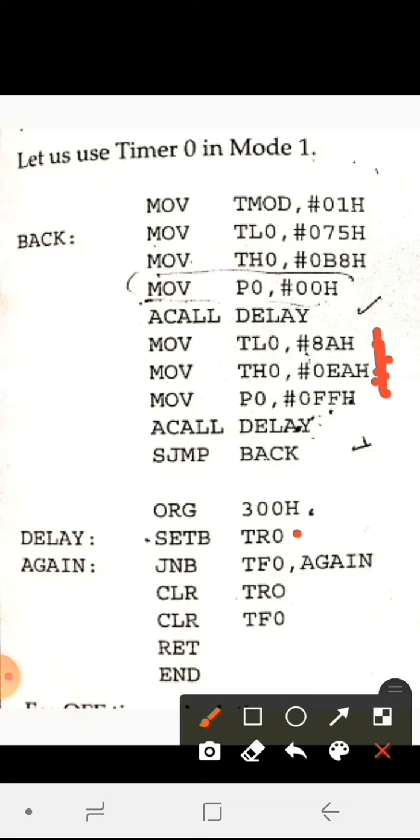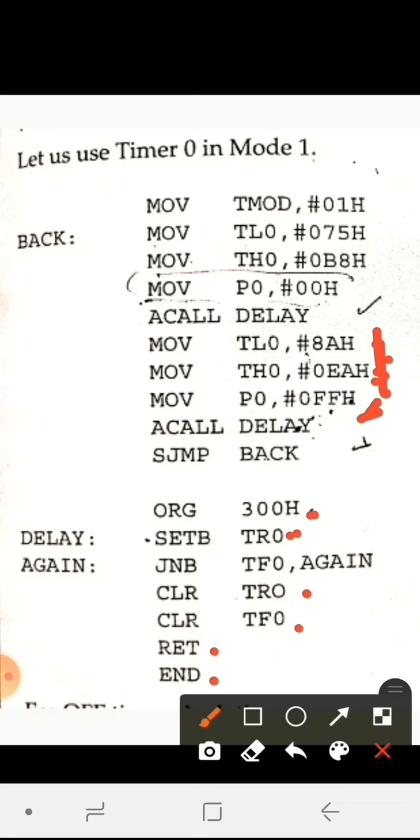Again we are making this port 1 carry the inputs. That is why we have made it FF. Again we are calling the subroutine so that we can control the TR bit and overflow flag bit, so that we can go with the second round of counting, a second round of calculation, right? Now this ORG says that this is the beginning of your address. The beginning address, we have taken it as 300 in hexa, and RET is to return to your main program from the subroutine, and END says this is the end of your assembly language.